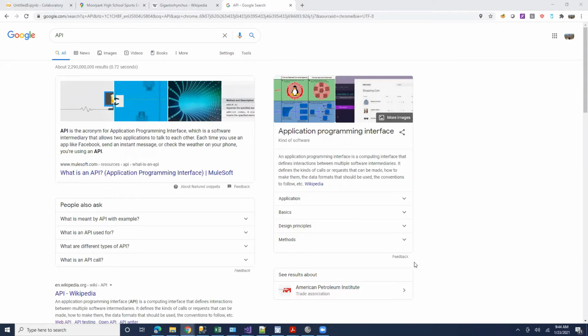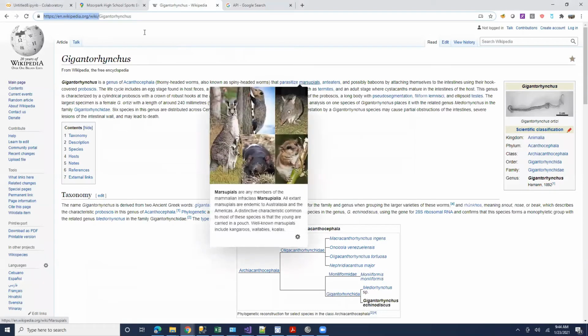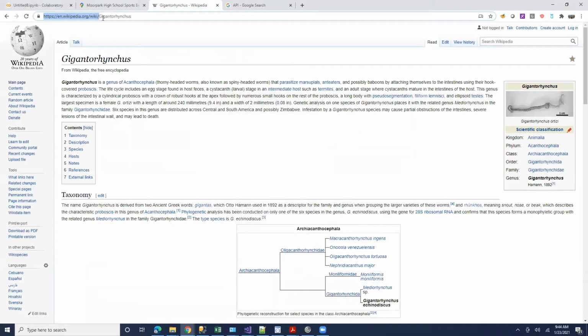So as someone said, you first go to your friend, greet them, and ask them. That's the same thing that happens with a website. You first go to a friend, which is wikipedia.org. This is almost like going to that friend, and then you're asking that friend about this topic, whatever this is, Gigantorhinkus.